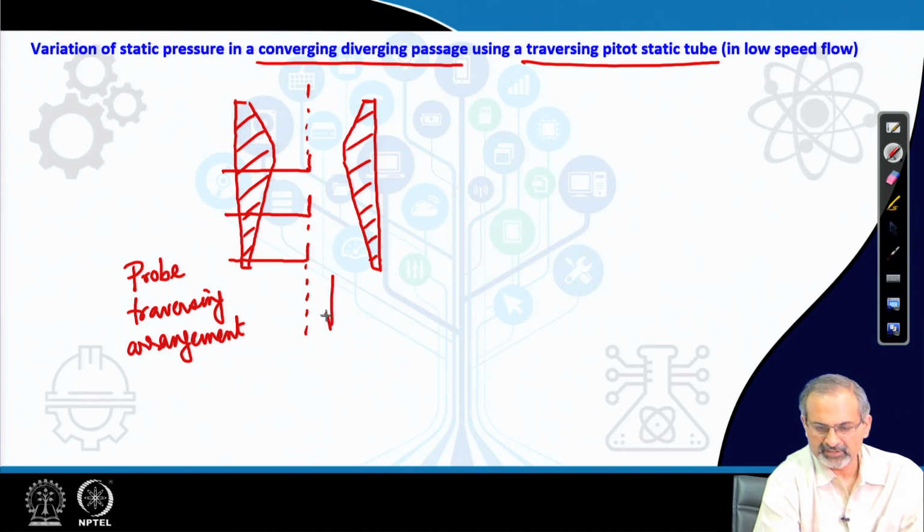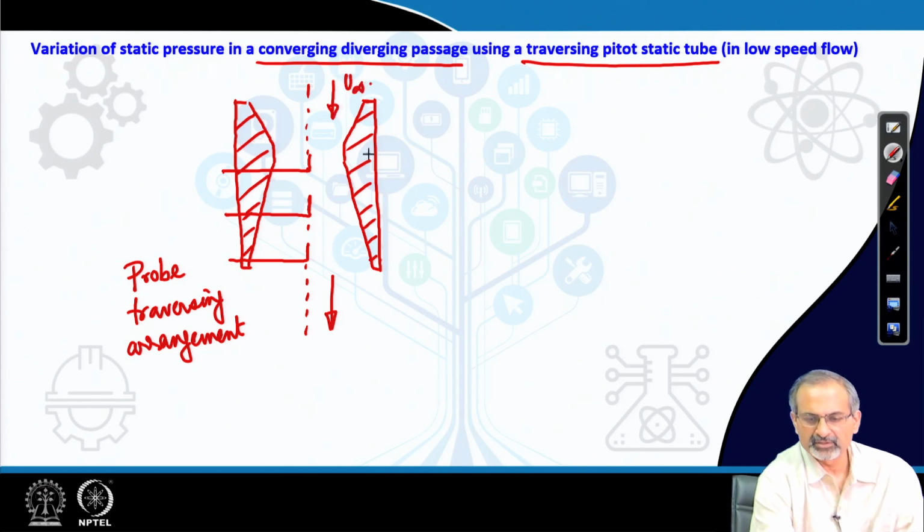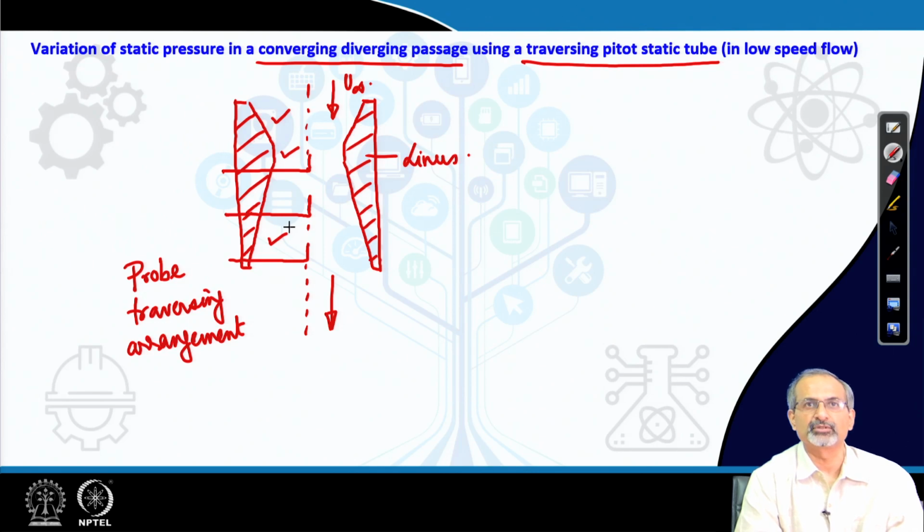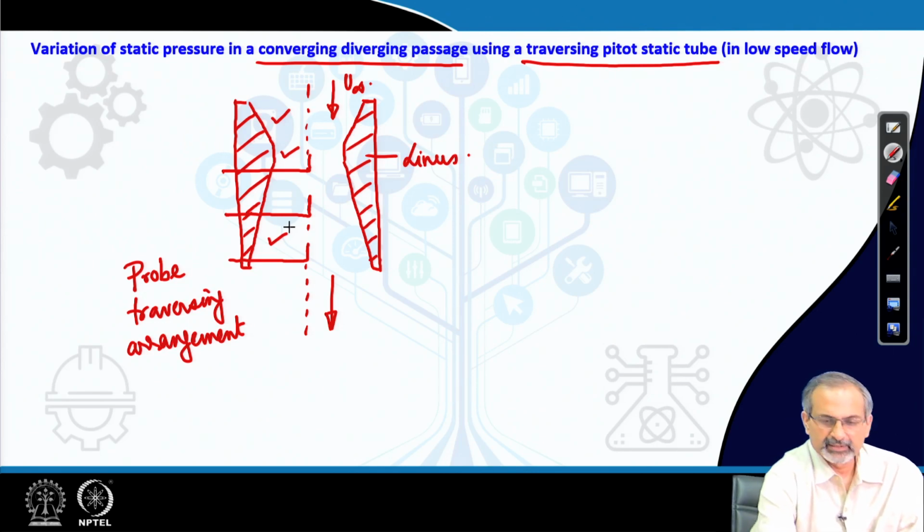Remember that the flow is coming from the top downwards, and obviously because of the liners the flow is having a variable velocity. So, it accelerates in the converging section, then this is a constant area section where it remains constant, and then it decelerates in the diverging portion. Also, the